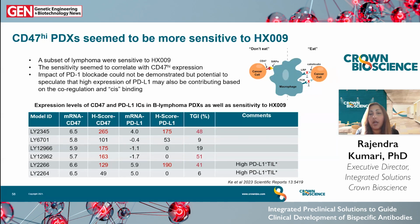So the CD47 high models may represent better responders to HX009, or CD47 expression could be a positive predictor for the efficacy, and the high levels are highlighted in red here. Although we could not demonstrate the influence of PD-L1/L2 levels in HX009 pharmacology in these PDX models